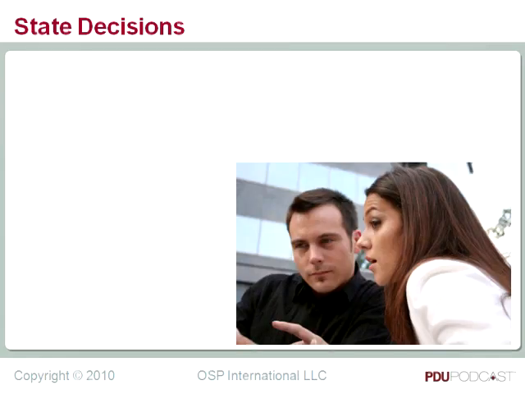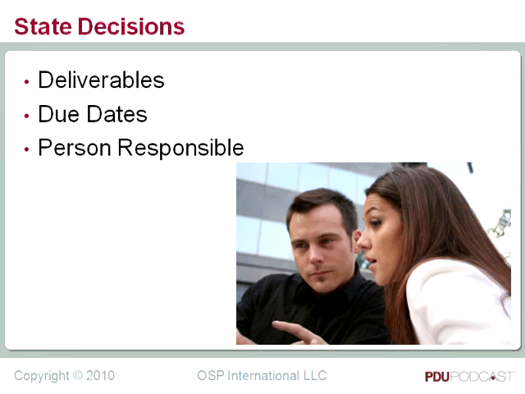This slide here is titled State Decisions. What do you mean by that? Well, Cornelius, what I mean is that any decisions that are made, you want to make sure that everybody understands them. These are the deliverables. These are the due dates. And by the way, these are the people responsible for the deliverables. You want to make sure that everybody understands who's responsible for what in the teleconference. It's a little more difficult because, once again, you're not right across the table from one another. And that's why it's important to state this information.